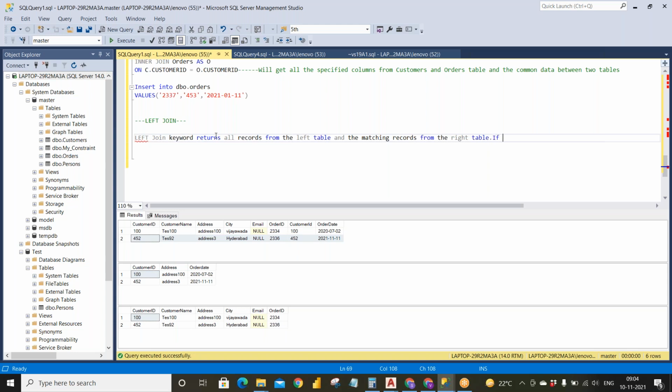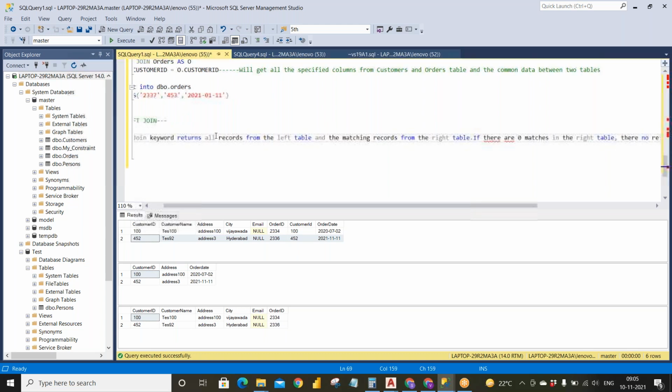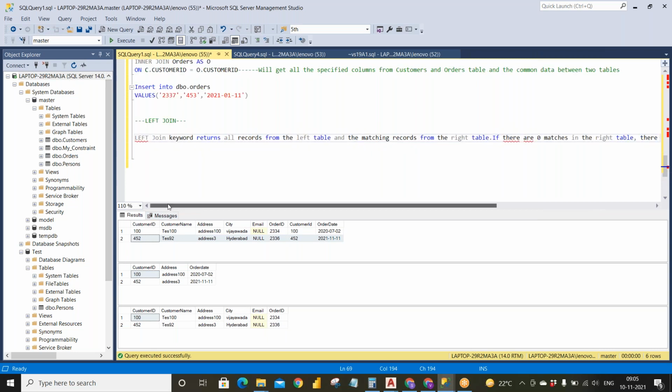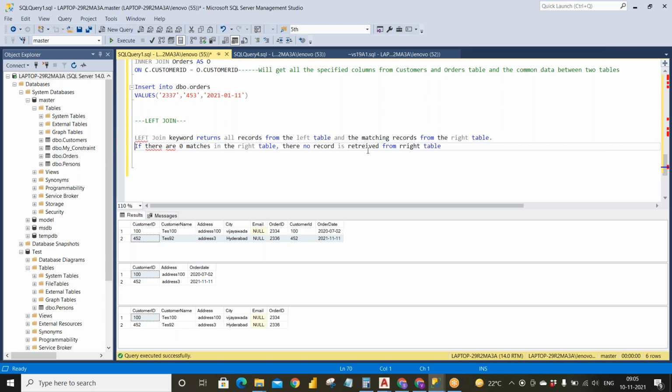If there are 0 matches in the right table, then no record is retrieved from the right table. I will mention what I mean over here. Okay.